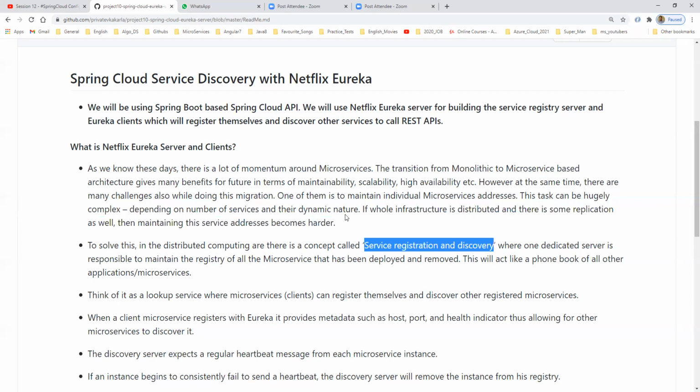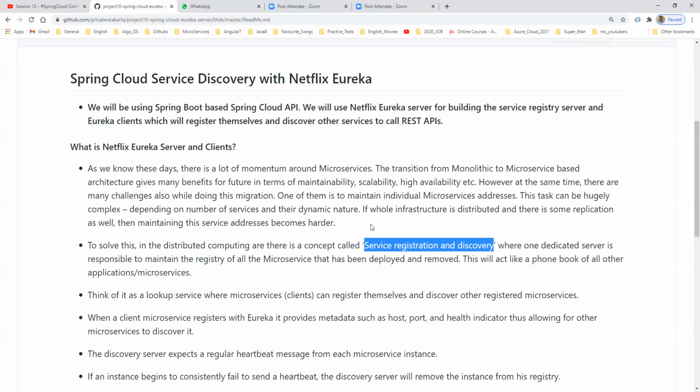You need to register each and every service in one place. That place is called the Eureka server. I am providing one server called Eureka server, and you register each and every service in that server. That server will give you a dashboard where you can discover all the services along with the service behavior also.